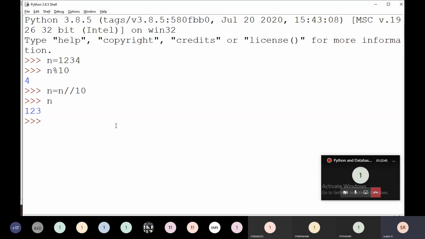For example, there are two numbers, 4 and 3. 4 plus 3 is equal to 7. If I ask the same question to a small kid, the answer is going to be different. That is going to be 43. Is it true or not? Is it possible that 4 plus 3 is equal to 43? Instead of 7, is there any other way to make 4 plus 3 equal to 43?